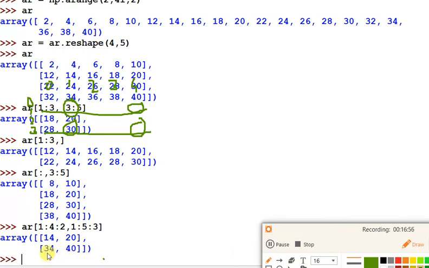Look at the result, the same values you are getting: 14, 20, 34 and 40. So these four values will be selected only when you pass this kind of expression.